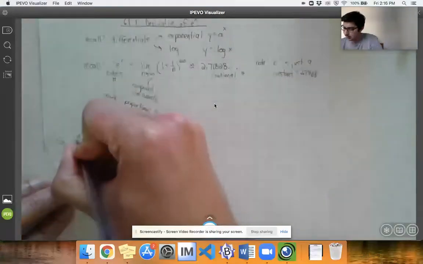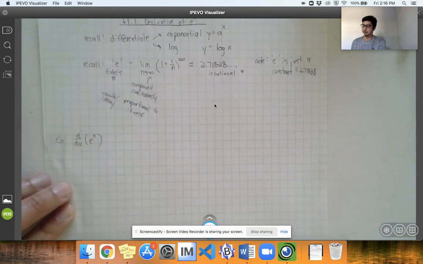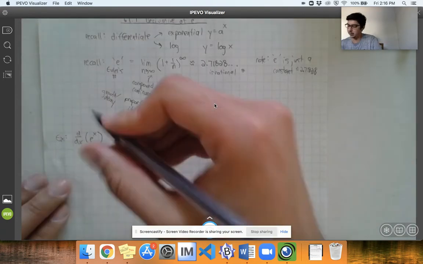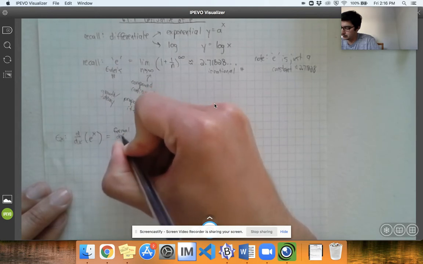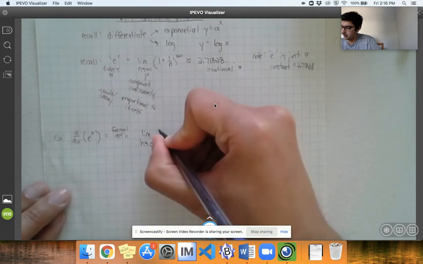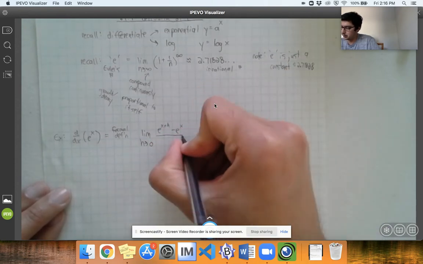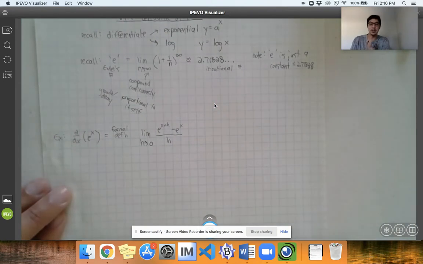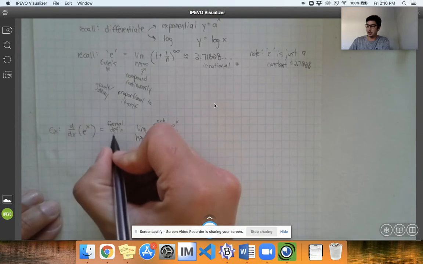So, what is the derivative of, say, e to the x? Let's start with that problem. Now, we don't know what that is, so let's use the formal definition of a derivative again, where we'd say the limit as h approaches 0 of e to the x plus h minus e to the x over h. Because remember, it's been so long since we've had math in this quarter system that the formal definition of a derivative,